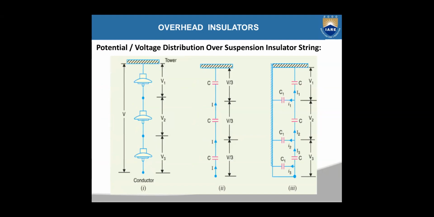Now if you observe this diagram, here you have a metal link, here you have a metal link. So between two metal links, you have the insulator. This forms a capacitance here. That means the insulator will act like a capacitor. So in such a case, this first diagram will be replaced with the second diagram. Each disc will have a capacitance of C, so each disc is represented with one capacitance in the second diagram.